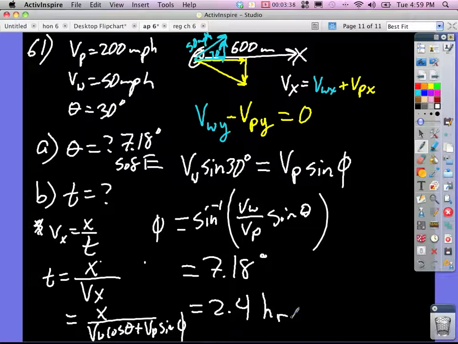hours. And the reason it's hours is, remember, we're dealing in miles per hour, not meters per second. So, yeah, this is miles, and then that's divided by miles per hour. All right, that should be